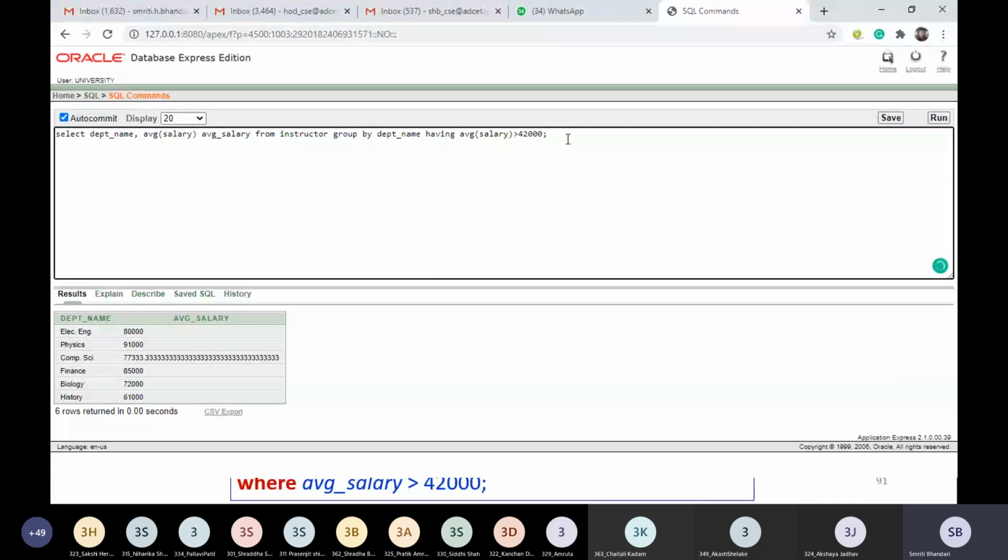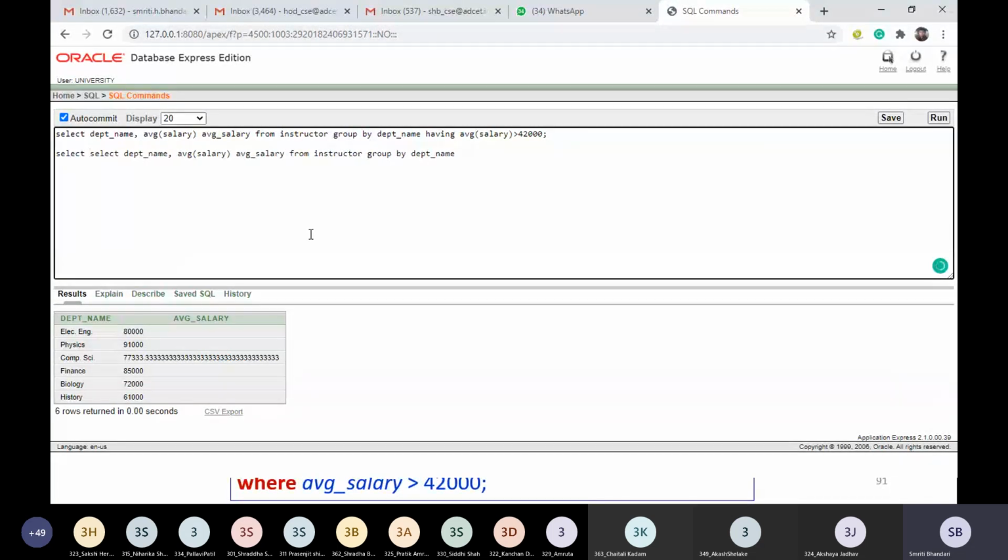Now, the same statement we are going to write by making use of a derived relation. What I'm going to do is, first I want to group the data, no doubt. So I'll use this statement as it is. This statement will provide me the average salary for each department. Now I want to provide a condition on this average salary.